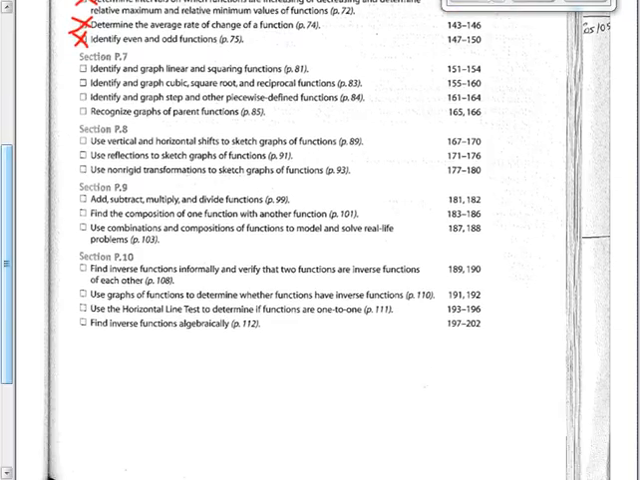P7, identify and graph linear and squaring functions. By squaring they mean quadratics. So identify linear and quadratic functions. Well, we did that. We talked about parent functions and we talked about moving those graphs left and right in here. Identify and graph cubic, square root, and reciprocal functions. We did that except for the reciprocal functions. Okay? So graph cubic, square root, and reciprocal functions, which means that when you look at the example problems here,